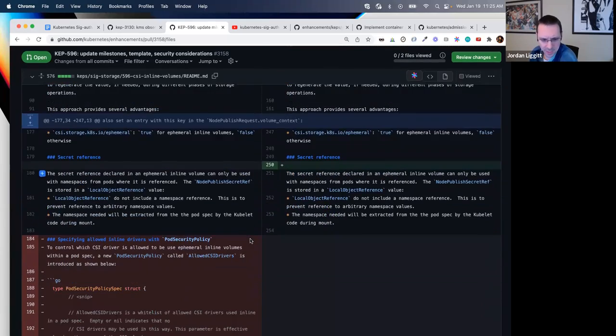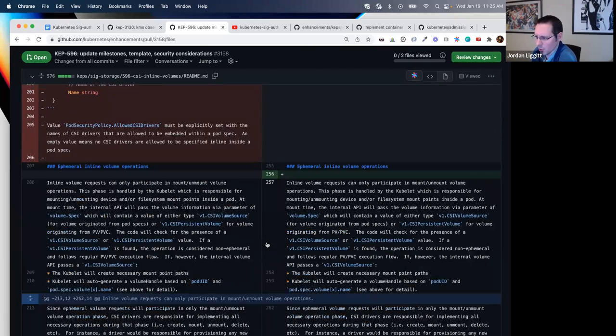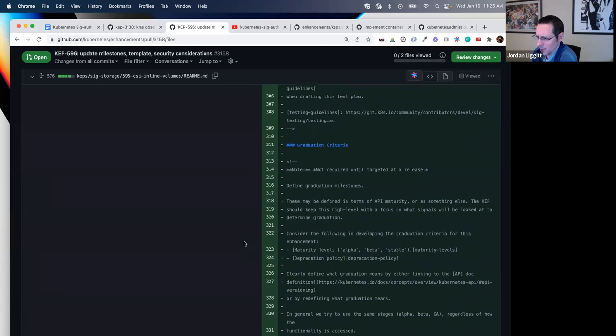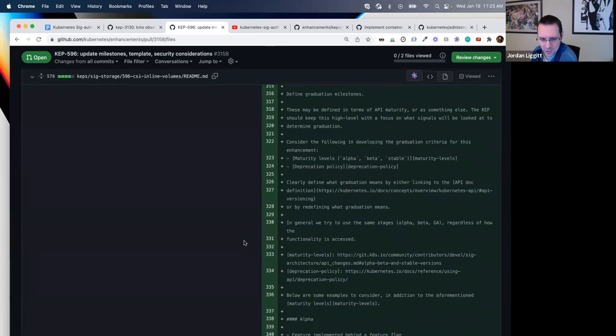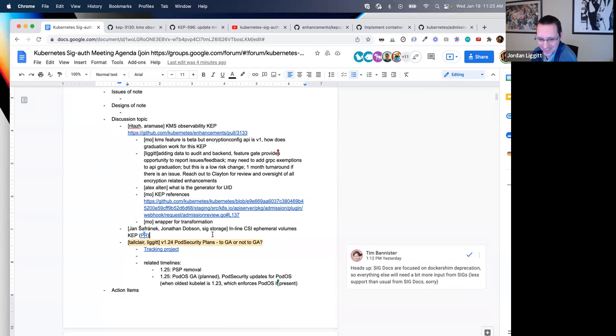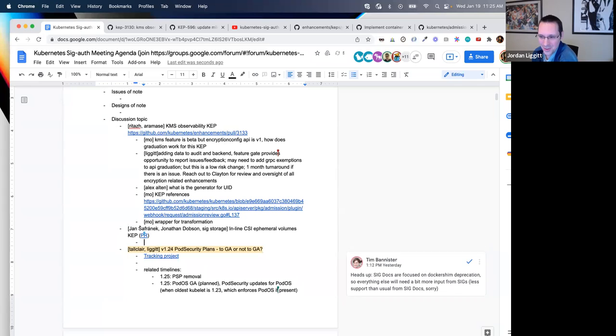So I spent some time talking about this with Michelle, also from SIG Storage. And I had actually gotten confused about there being two ways to use ephemeral volumes from within a pod. There actually is an ephemeral field inside a pod, which drives the same workflow as creating a PVC and then getting a PV bound to it.